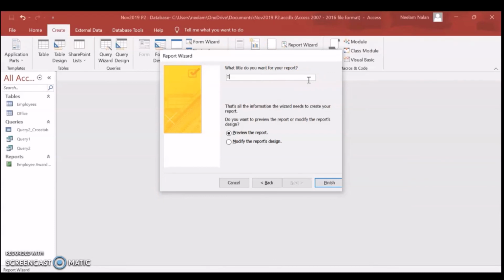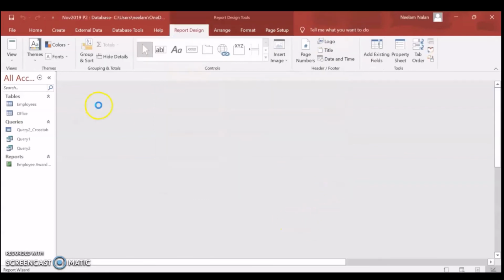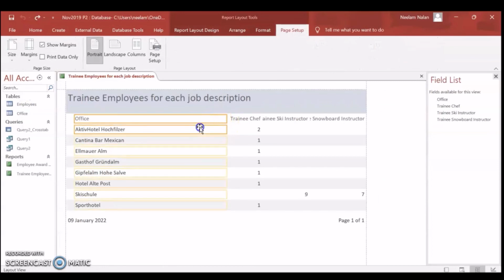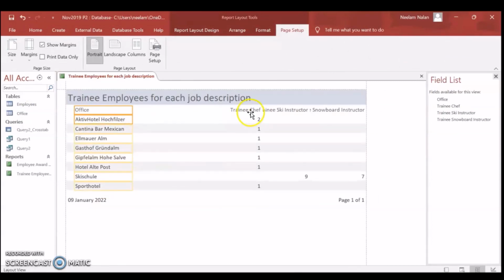Let's say trainee employees in each office. Right. Trainee employees for each job description. Let's adjust all the columns. Make sure all the data is visible.